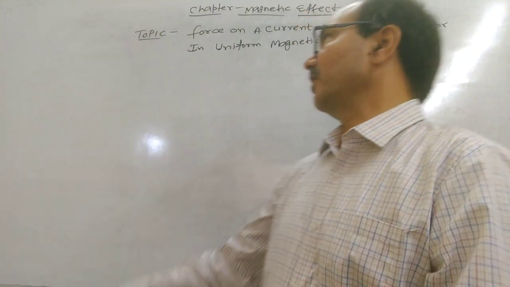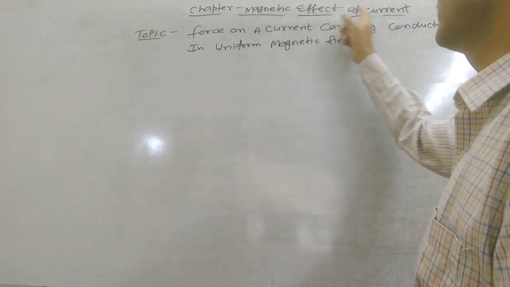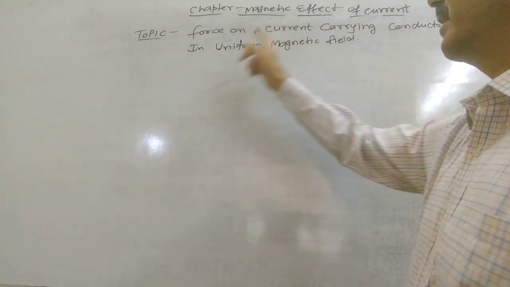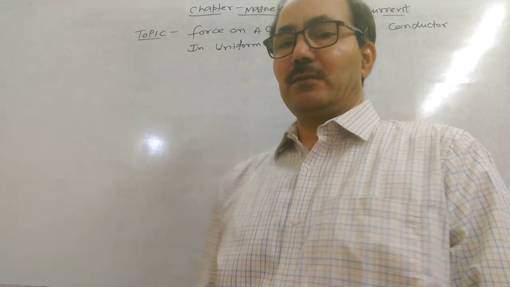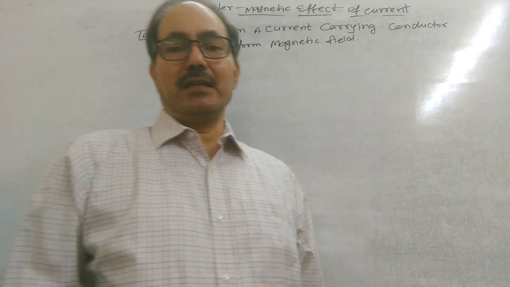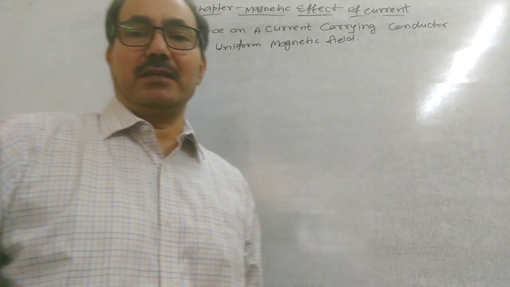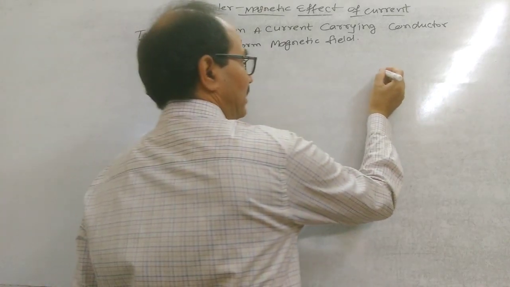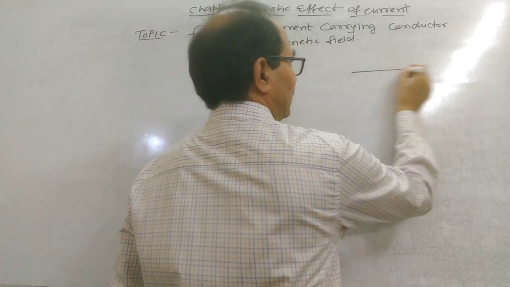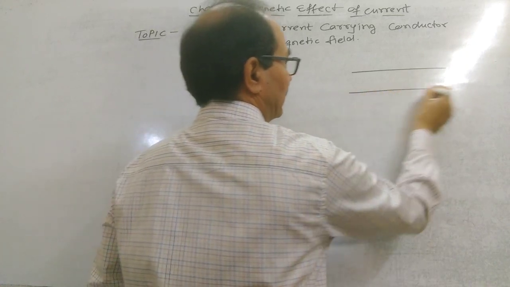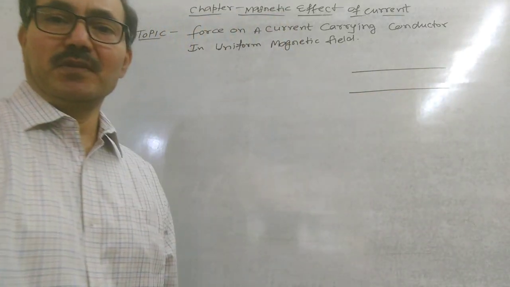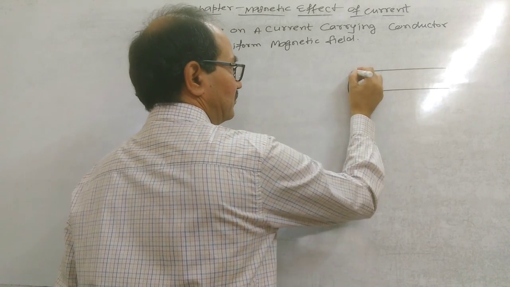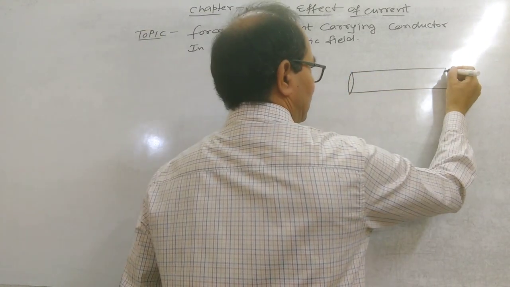Students, chapter is magnetic effect of current and the topic is force on a current carrying conductor in uniform magnetic field. जब किसी भी हम करंट कैरिंग कंडक्टर को यूनिफॉर्म मैग्नेटिक फील्ड में प्लेस करते हैं तो उस पर फोर्स लगता है। तो ये कितना फोर्स लगता है, किस फैक्टर पर डिपेंड करते हैं, ये सभी कुछ इस टॉपिक के अंदर हम डिस्कस करेंगे। तो हमने सपोज किया एक करंट कैरिंग कंडक्टर, this current carrying conductor of length L and